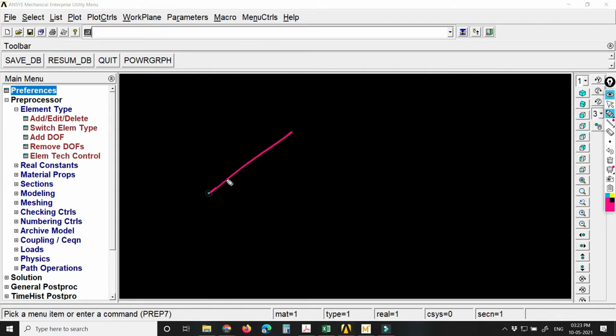What is the nature of a truss member? What kind of forces generally come in a truss member? Axial forces. Yes, either axial tension or compression. So this kind of truss can be modeled by a link element.